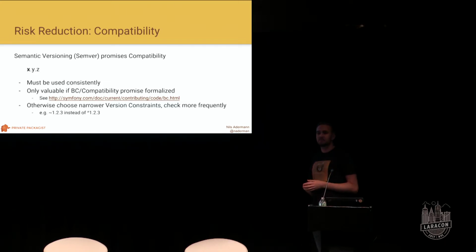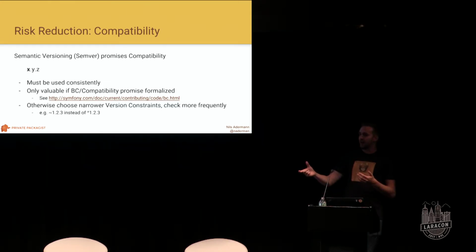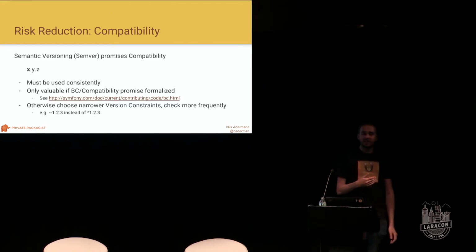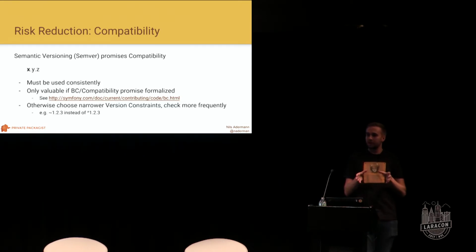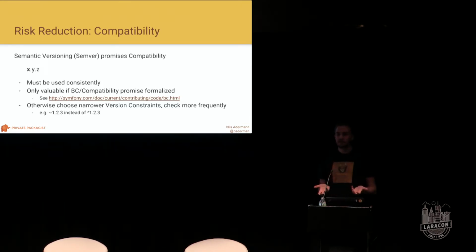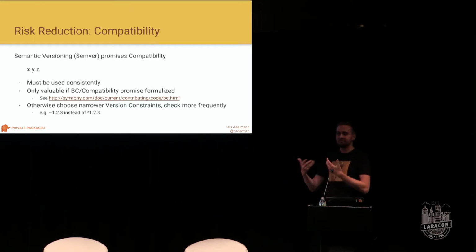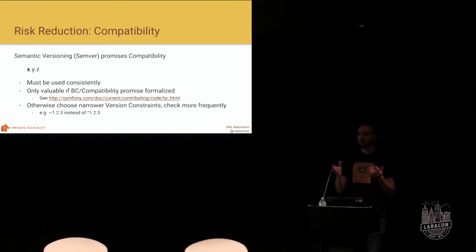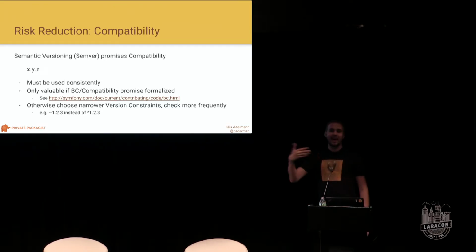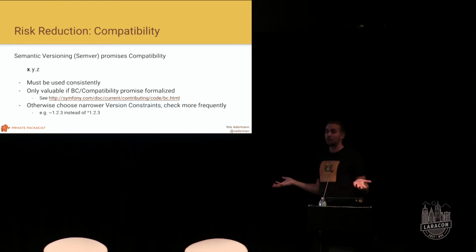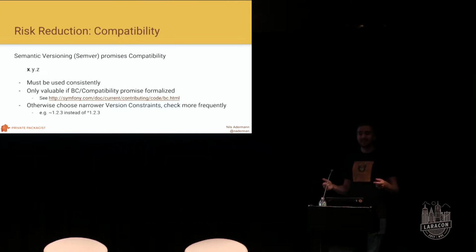Easiest answer would be, that's not a BC break, right? I mean, I'm just adding a new argument. It's got a default value. All the previous calls are still going to work. But PHP allows you to pass extra arguments to a function when you're calling it without an error, which means somebody may have accidentally been passing a value in there, or maybe even for some reason because they have a second version of the function, who knows? So by adding an argument, suddenly the call changes because they're passing in that value already, which was previously ignored. I don't know what the right answer to that one is, but at least as the developer of the